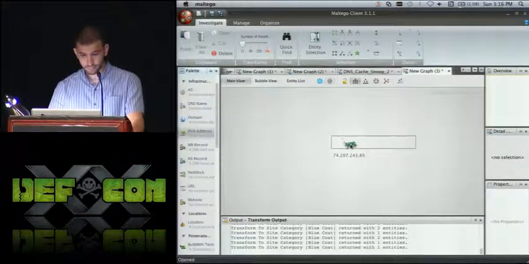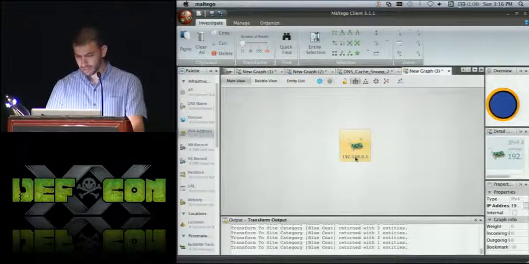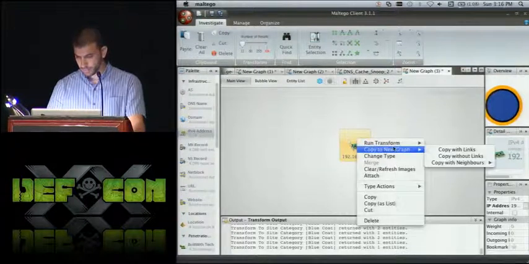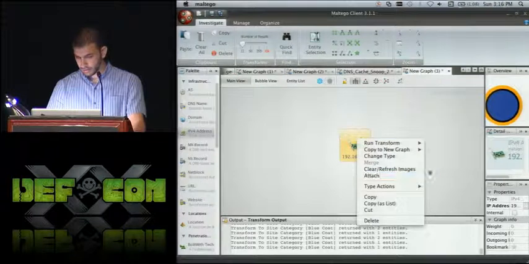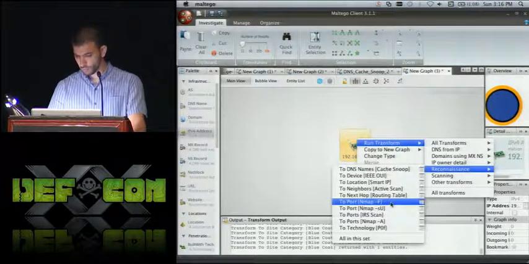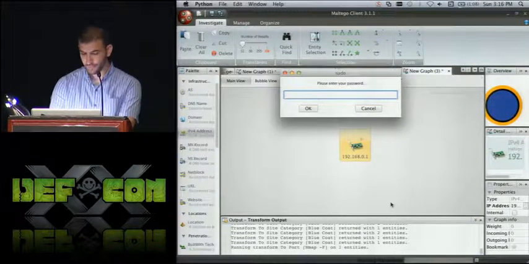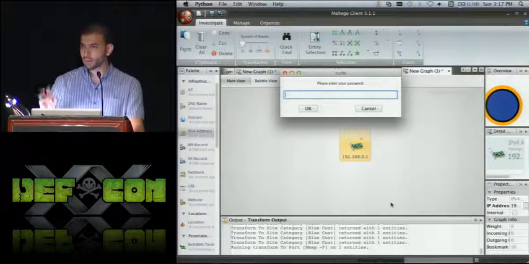So here we go. This is my target machine. And right now, we'll just do a very short nmap -F. And you notice there that sudo actually popped up.